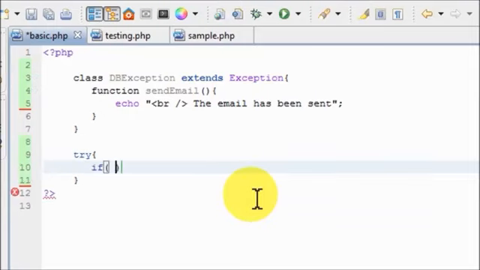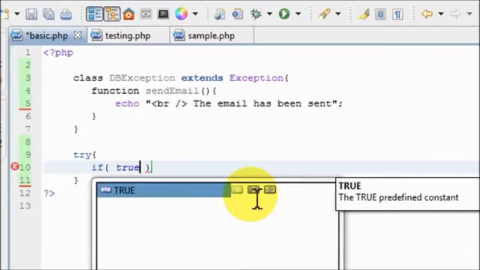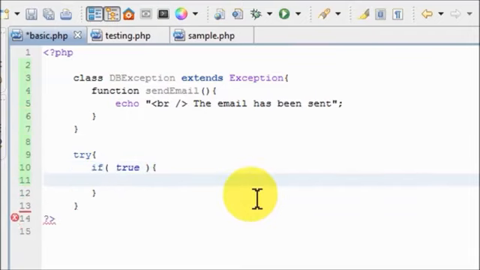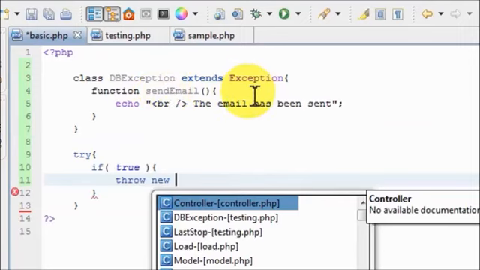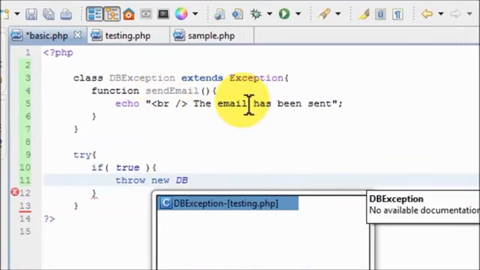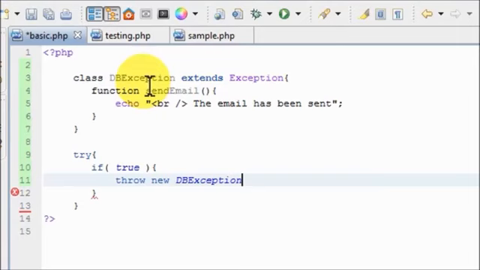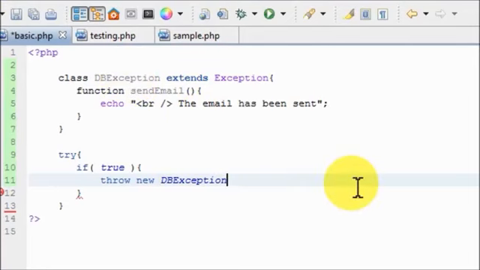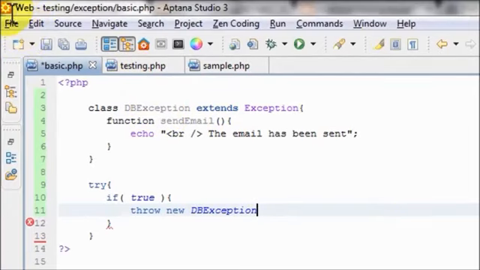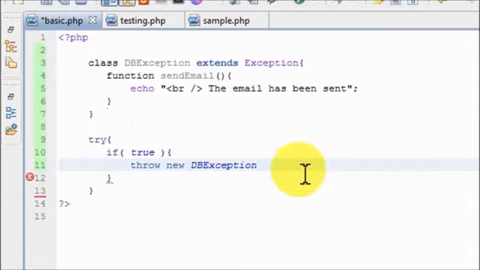So now what I do next is I write down my code, which is let's say try if, in this case we'll set true. Okay, so in this case there was a problem and we want to throw an exception, so we'll say throw new, and we won't say exception this time, but we'll say DB exception, the one we just created up here. And for those of you wondering which IDE I'm using, Aptana. It's really good, you might want to try it out. So I'll say DB exception,